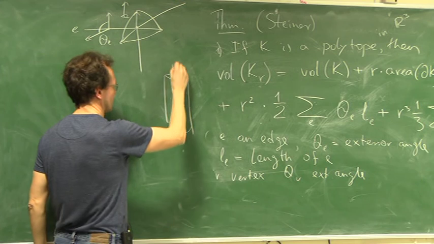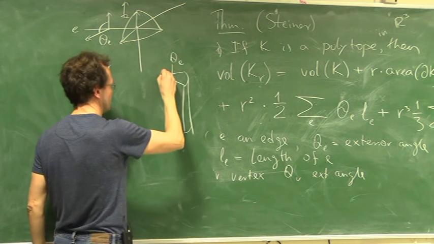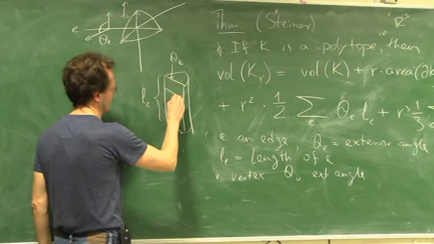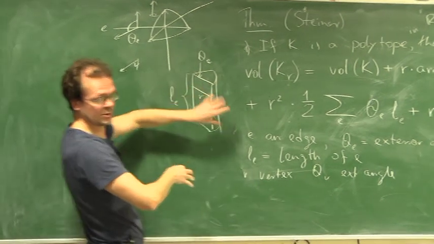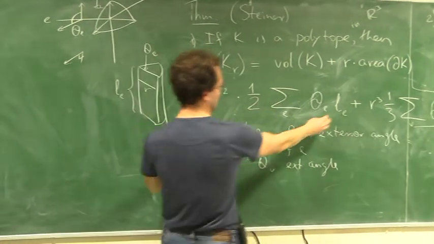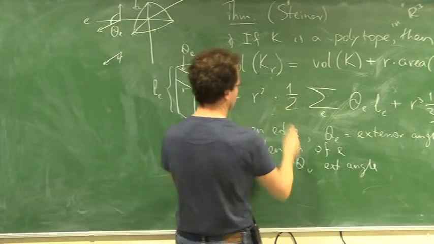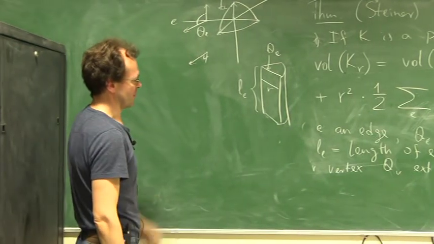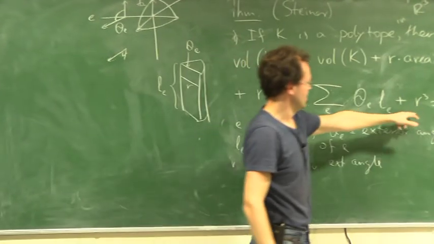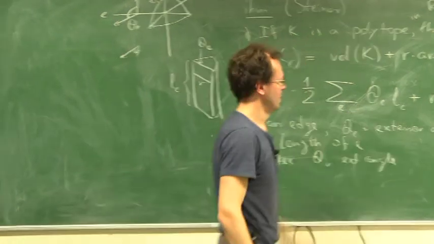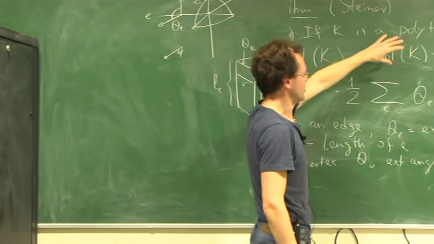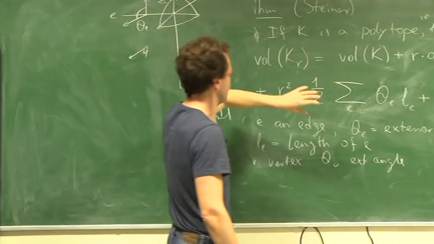Each such wedge has the angle theta e here, has the length L_E here, and has the radius r. So if you compute the volume of this part, then it will be exactly this. You have to multiply L_E with this part. And then there are such ball sectors at the vertices, and these sectors of the ball have this volume. So our neighborhood is the body itself plus the prisms plus